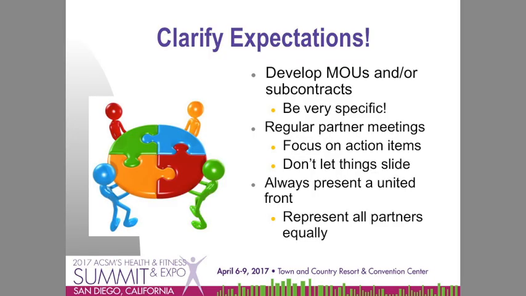A couple of things. Number one, with a large community-based program, it's essential to clarify expectations. Each partner needs to be delivering something specific to the program to make it work. And we need to formalize that through subcontracts or MOUs, Memorandum of Understanding. We need to ensure that each organization is pulling their own weight. If somebody starts to drop the ball, the whole program's in jeopardy. So each year we go through a subcontract, we sign on the dotted line to ensure that all the partners are going to continue to do what they're supposed to do.